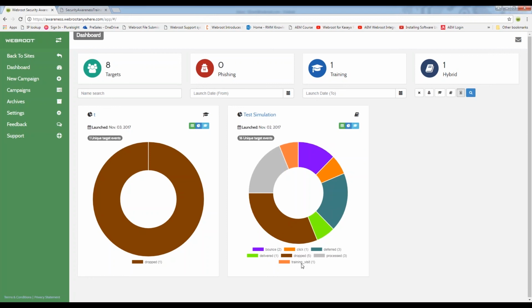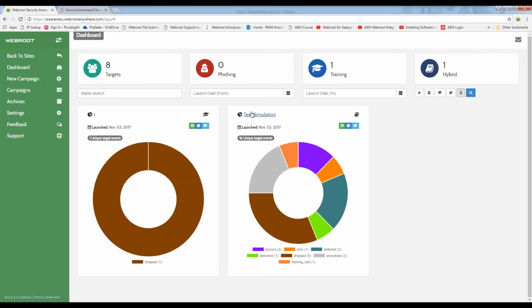If it was delivered, bounced or deferred, that's to do with your email account. So if it came in too fast, it deferred it briefly and then brought it through after. Or if it bounced, it's based on the spam filter, something like that. If it was dropped, somebody actually clicked on it and then went through to the training visit that occurred. So it gives all that information there, and you can get the training report information here,